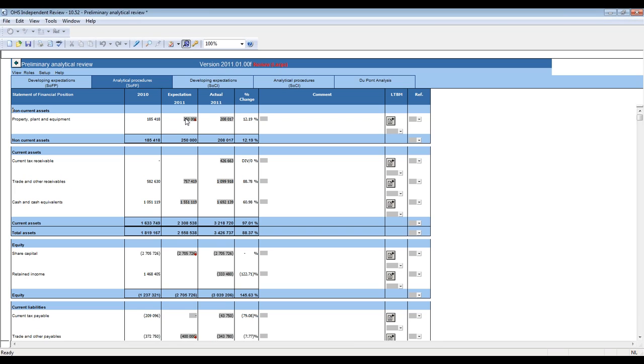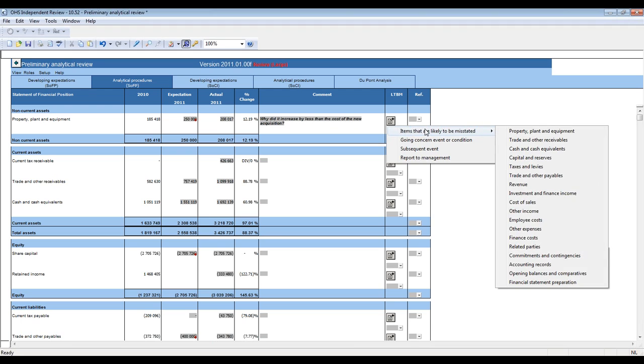So I expected it to be 250,000, and in fact it's only 208,000. The expected change was 250,000 Rand, and the actual change was 12.19%. The amount increased by 12%, which in this case is not all that important. What is important is the fact that we are way off the expectation. So then I would here put in my comments, why did it happen, a comment or a question or a risk or whatever the case may be, and then you simply go and